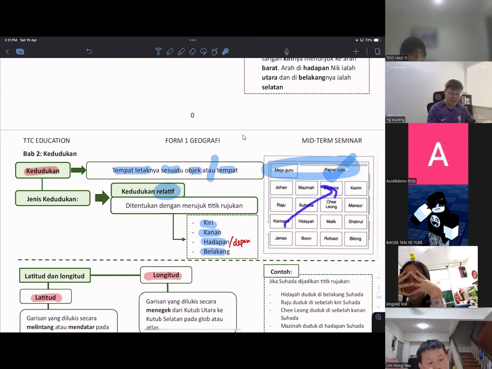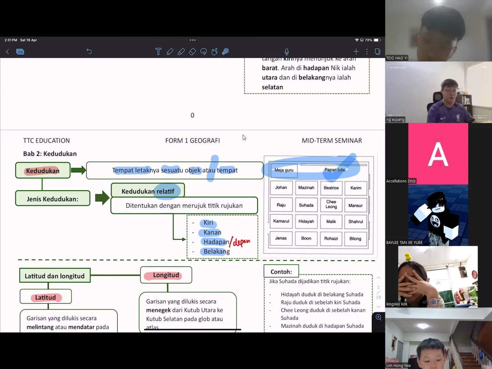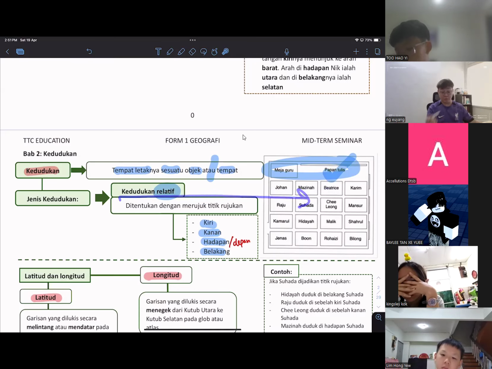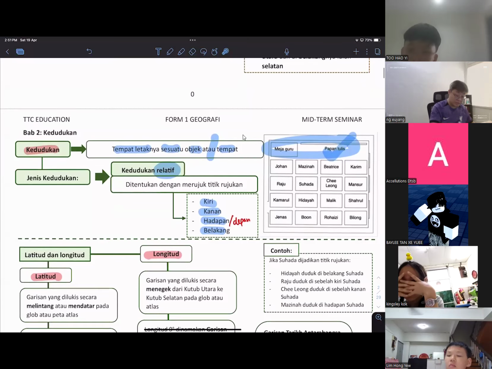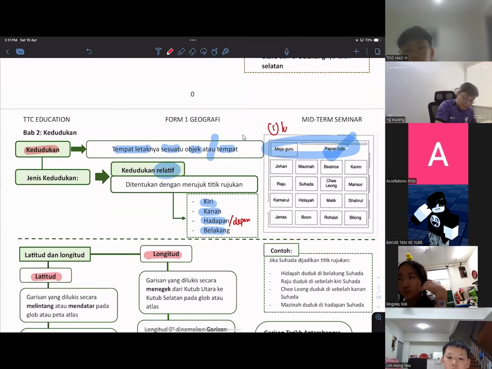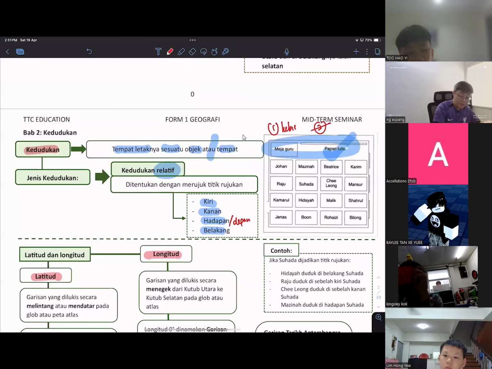So the other parts will be, I showed within the normal class before, they use the building to refer to the kedudukan relative. So later on, we try to flip that and identify all the kedudukan relative according to the bangunan. So this is the first one within the class. The second version will be tougher. The tougher one is according to the bangunan.